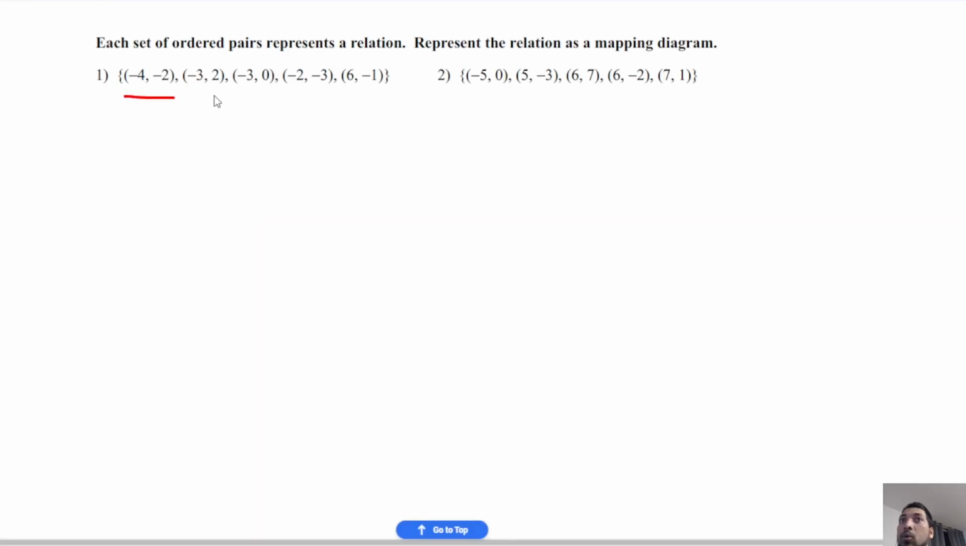Here we have 5 coordinate pairs, and from these coordinate pairs we can try to make a mapping diagram. So this first value is the x coordinate and the second value is the y coordinate. The x coordinate represents the value in the domain and the y coordinate represents the value in the range. So we have the domain